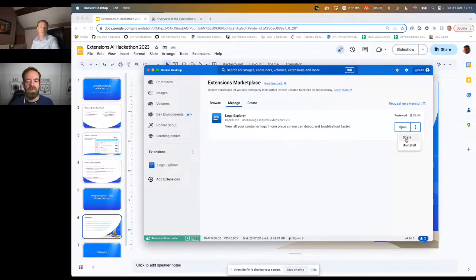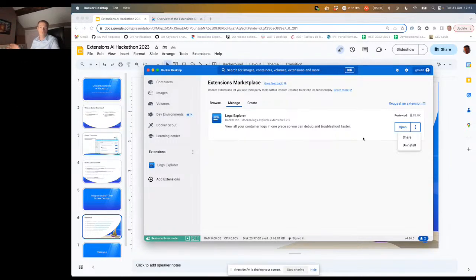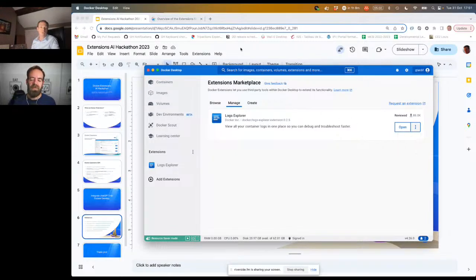People will be able to see your extension if you have shared the extension image on Docker Hub. As soon as you push an extension on Docker Hub, even if it's not in the marketplace, you can use this share link with your colleagues or on social media, and people will be able to click on the link, get the details of your extension with the install button, and install the extension even if it's not part of the marketplace. So it's a good way to first share your extension before it's even included in the marketplace.